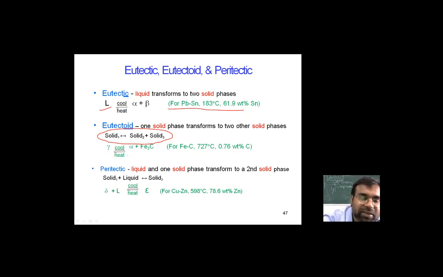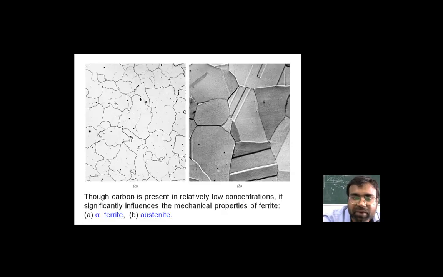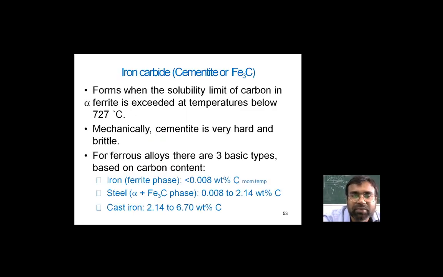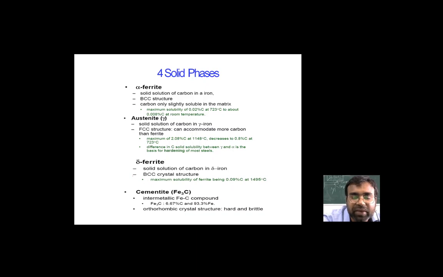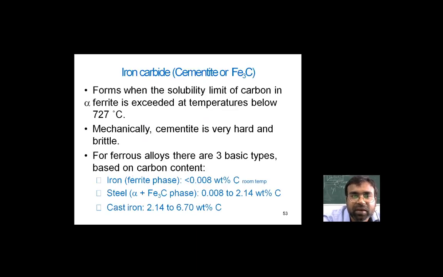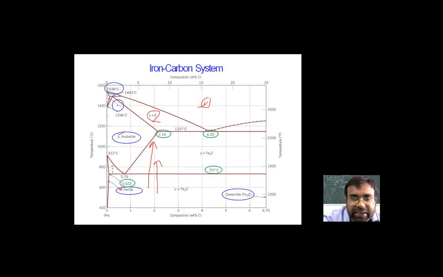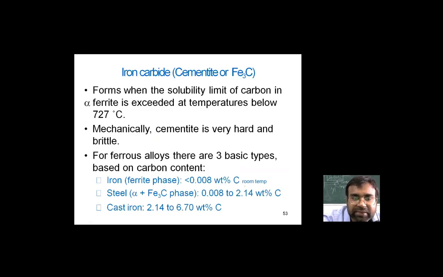And the next one is the peritectic reaction, where one liquid and one solid are transformed into a single solid material, and that solid material transforms at the peritectic point. We will discuss that peritectic point one by one, and the importance of that particular peritectic system. Before proceeding to that, we are just considering the cementite percentage, which is over here, and then we will move to the next topic.